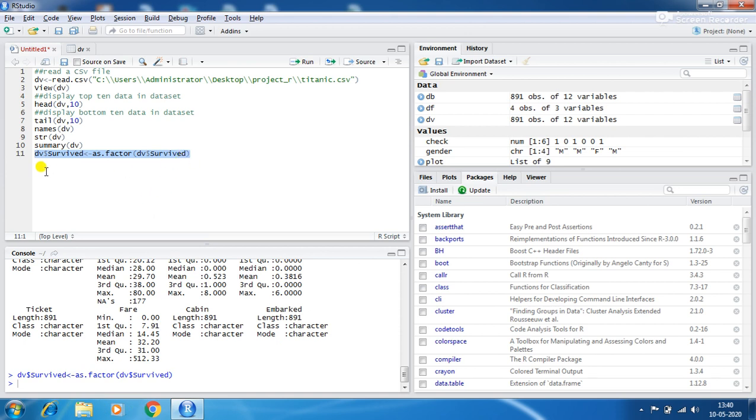Similarly, we will convert P class. Then sex, because it is male or female, two categories, so it is a factor.